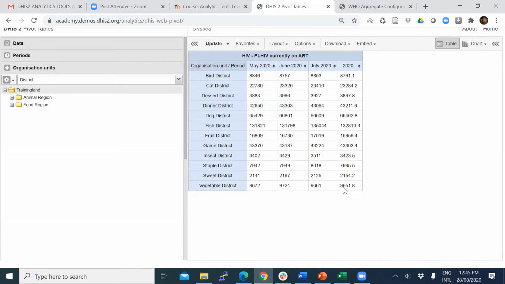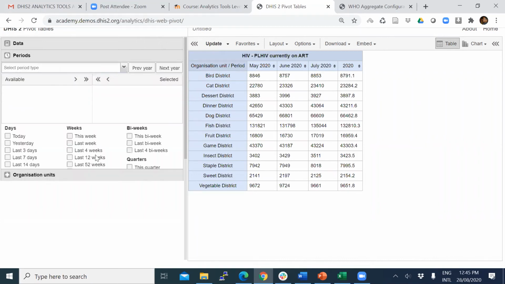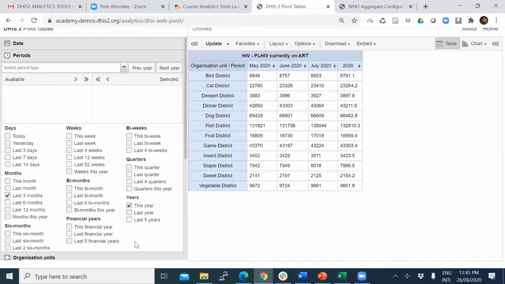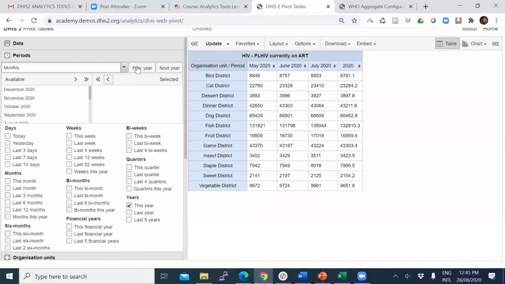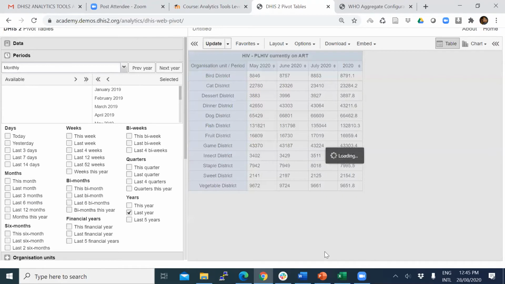You can see here, let me do it like this. I will change the period to months of last year. So 2019, all the months plus last year, right here.